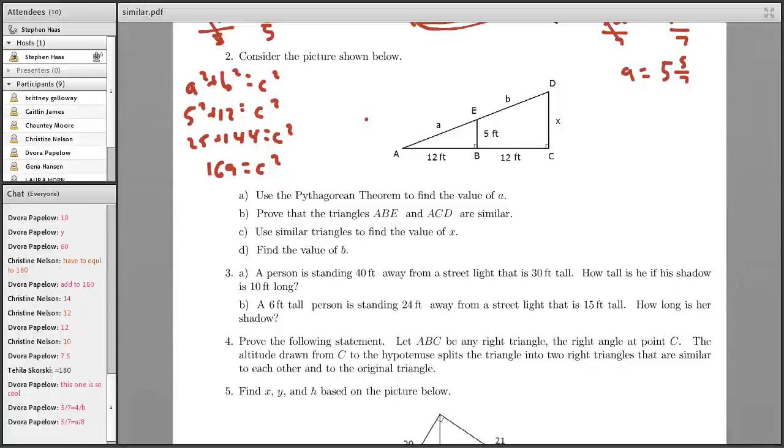Hopefully you could have also remembered that it's a 5, 12, 13 triangle. If you remembered that, then it would have been really easy. But if you didn't remember it, you could always just use the Pythagorean theorem. So that's 13. Okay. Now, prove that triangle ABE, that's the small one, and ACD,